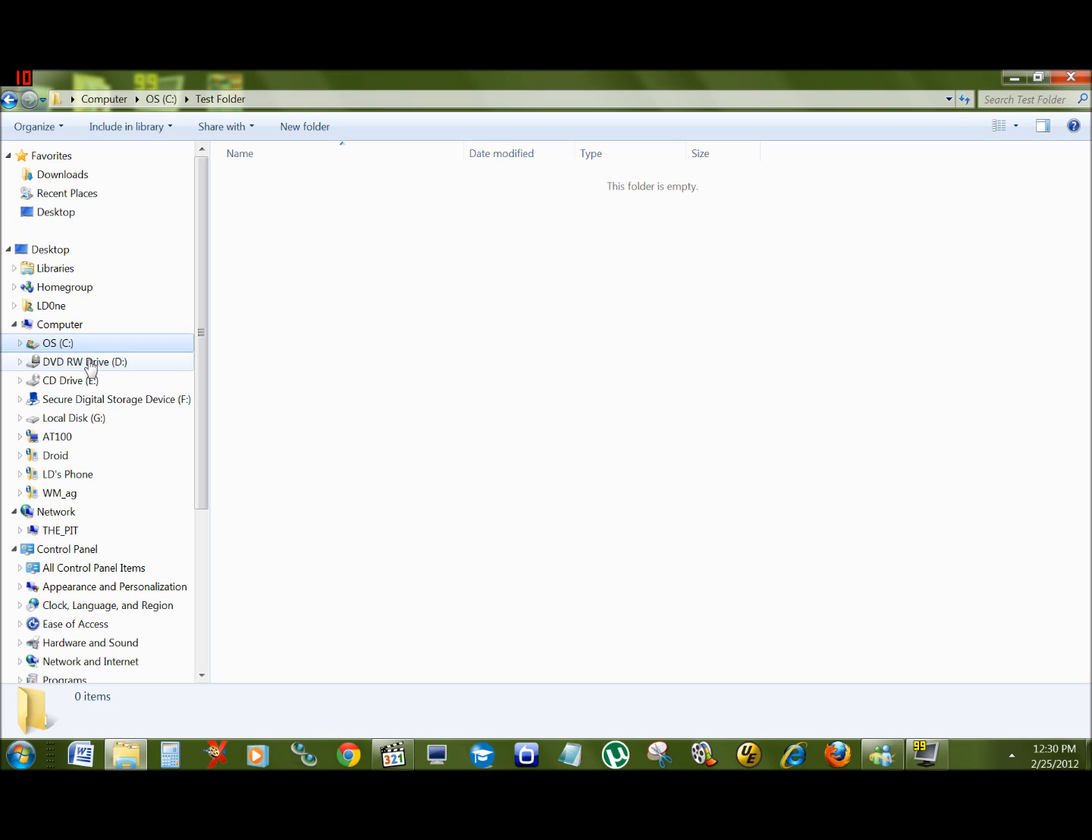It has the DVD rewritable drive, which is D, and I have a Daemon Ghost drive here that we're not going to really get into. This is a digital media SD card, and this is an external hard drive that I use. So right now we're looking at a folder that I created. What I want to do today is show you how to create folders, create files, and copy and paste them